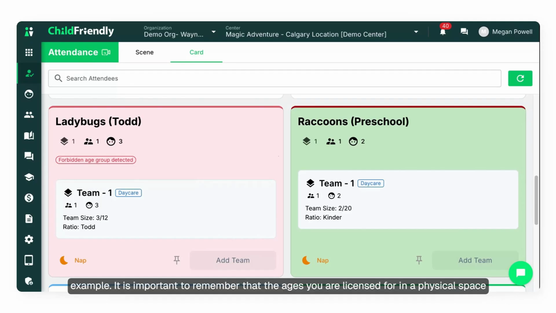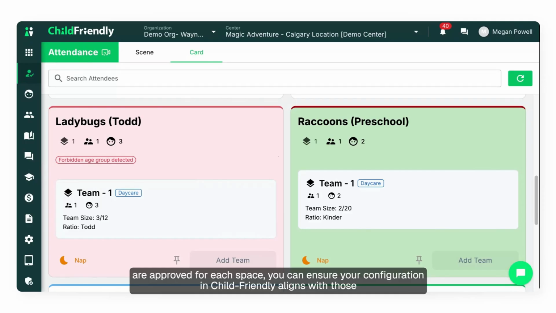It is important to remember that the ages you are licensed for in a physical space might be different from how you choose to group the children. Additionally, different age groups might use the same space, such as a gym, at different times throughout the day. Refer to your local regulations and your specific site license first. Once you have confirmed which ages are approved for each space, you can ensure your configuration in ChildFriendly aligns with